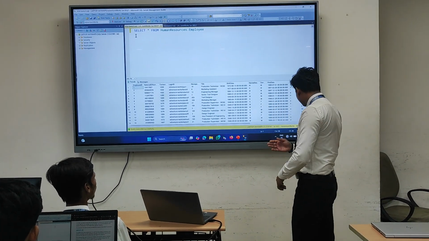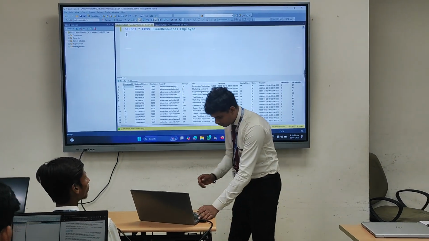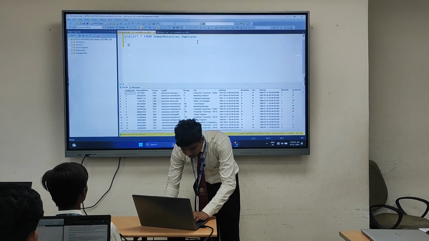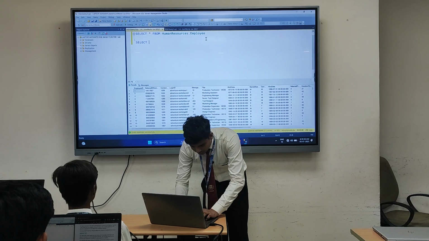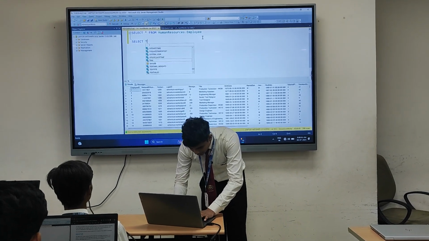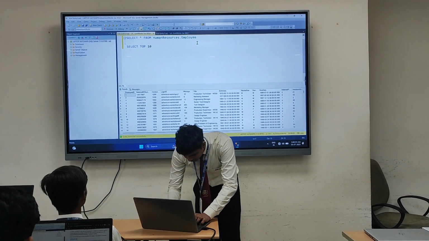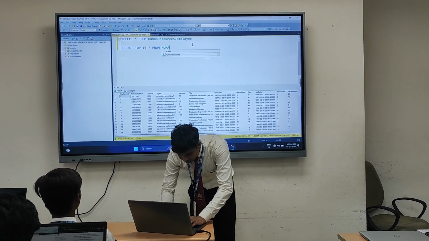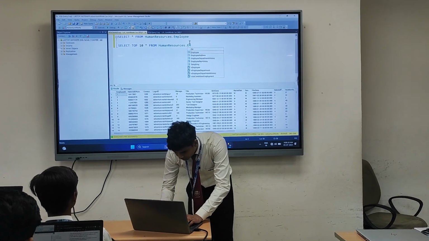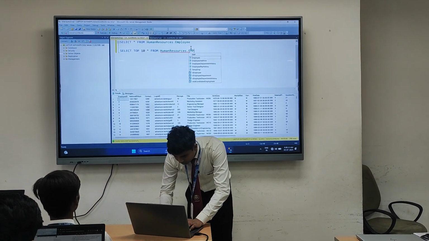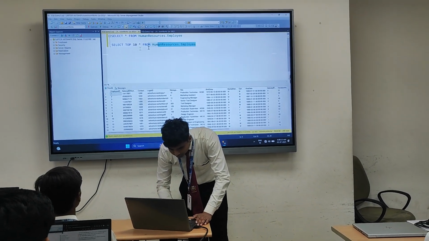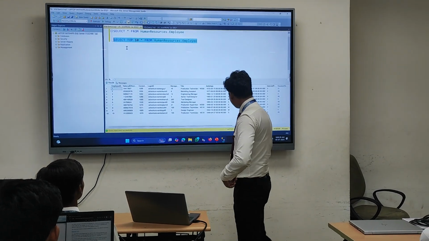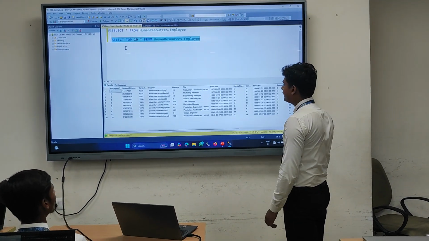Here you can see the total number of records is 290, and here you can see only the top rows are selected.